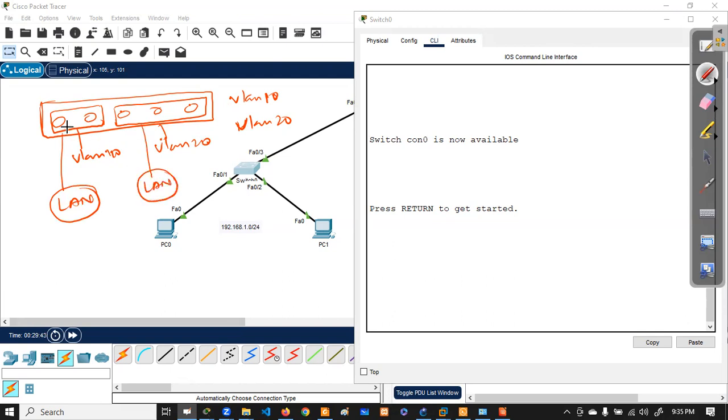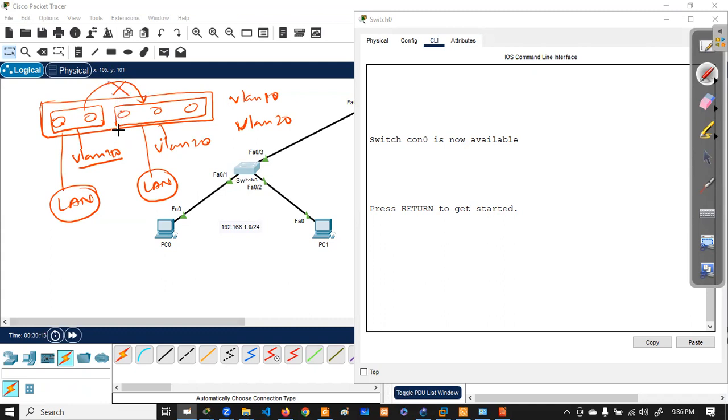That means you are breaking a big broadcast domain into smaller broadcast domains. So this is in the same broadcast domain, right? Virtual LAN means you are creating a separate LAN. So these 2 ports only communicate with each other, but they cannot communicate from here to here. It is not possible.